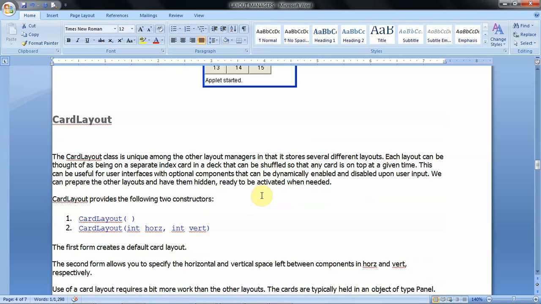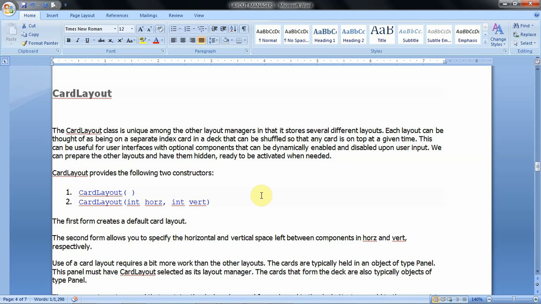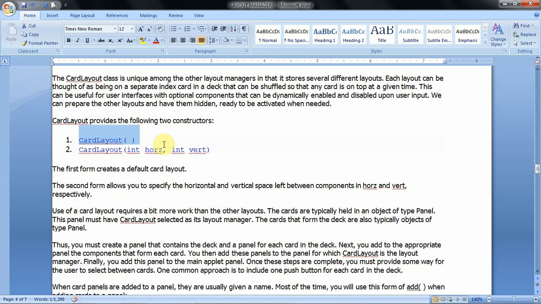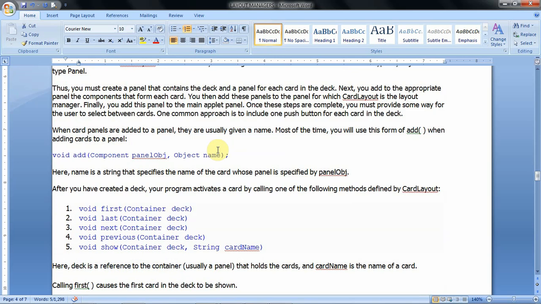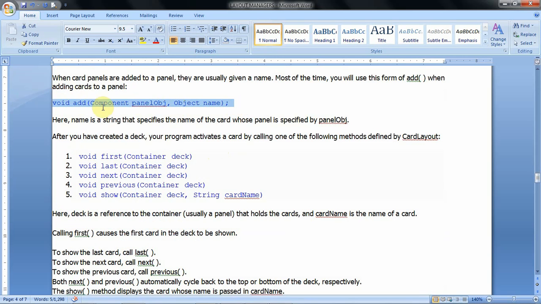So next layout manager we go to see is the card layout manager. Card layout manager arranges the components similar to our playing cards. So that means all the playing cards are arranged as a shuffle or as a group. So in that group at a particular time we can see only one card. So that kind of arrangement is possible by using the card layout manager. So that has two constructors, card layout, and card layout with horizontal gap and then vertical gap. So then for adding the components, add method.